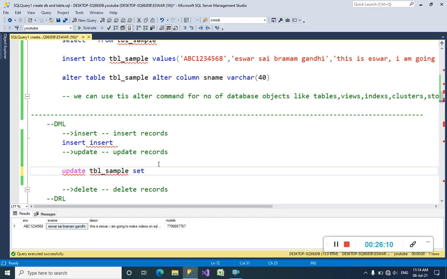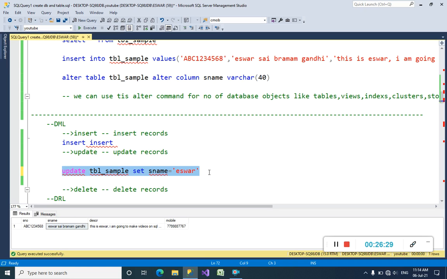We have to mention the set keyword right here, guys, because I will tell you S name equal to Is for. Okay, suppose I execute this whole command, it will give...